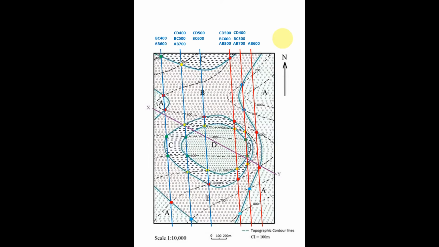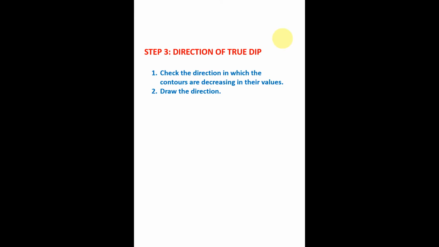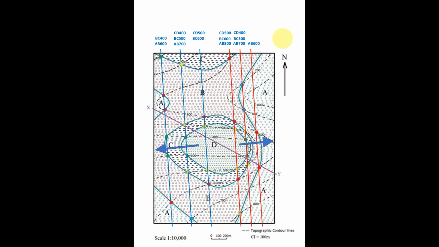Okay, then we can directly move to the next step, which is to check the direction of true dip. For this, we need to take any one bedding junction and see along which direction its dip is decreasing. As I have told you previously also, when we have two sets of strike lines having different spacing, it means that we are going to have two different dips. Keep that in your mind.